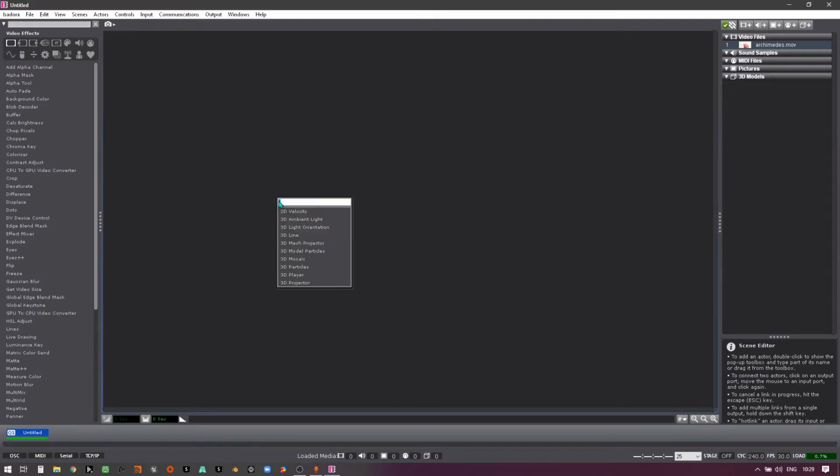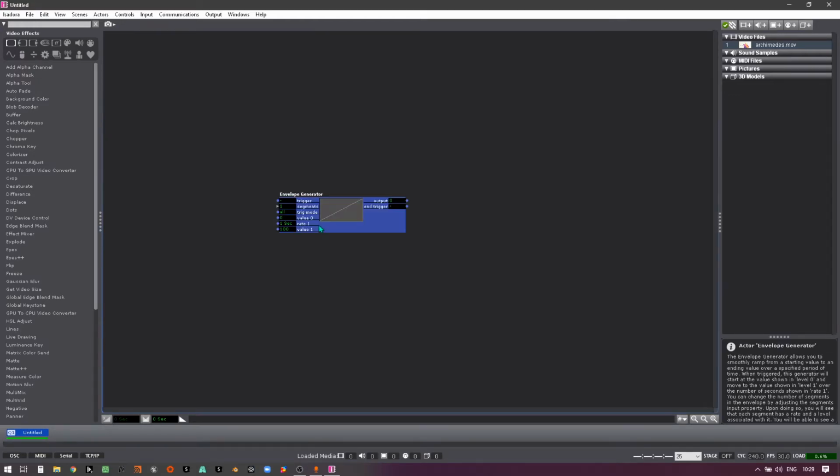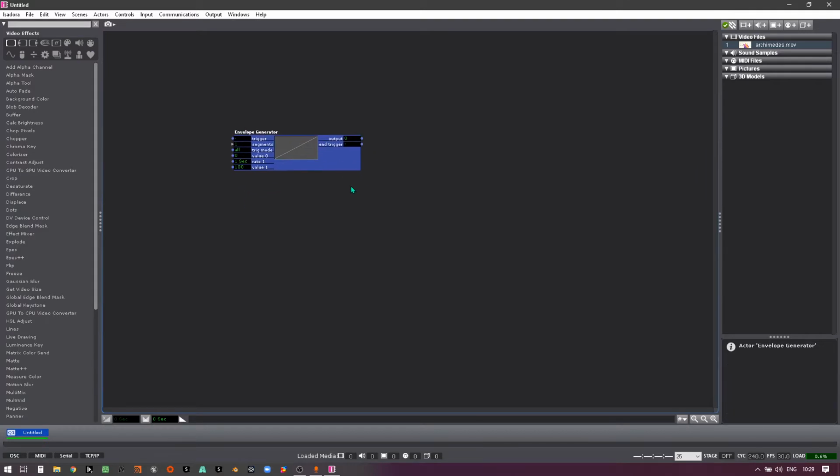Okay, the next actor I'd like to show you is the envelope generator. Now this is a very powerful actor which I tend to use a lot, and I think at times it can be a little bit misunderstood. So what is it? Well, by default it just looks like this, and what this means is there's one segment,